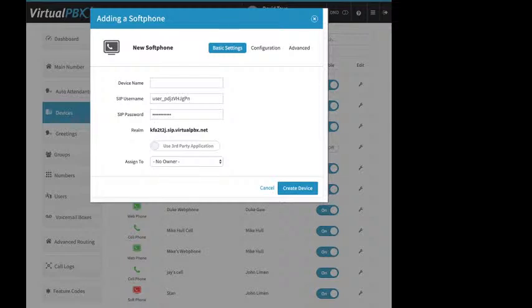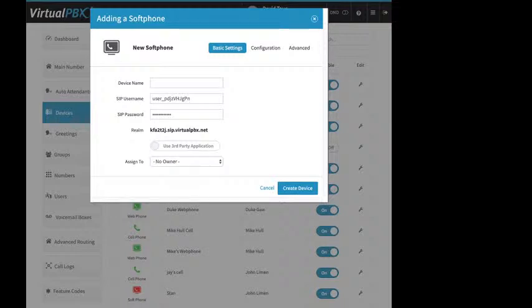if your physical VoIP phone didn't show up in that list under the SIP phones, you would use this to program that device. So you would give it a name. You would copy and paste the SIP username. If you click on the SIP password box, you'll reveal the password, so then you can copy and paste this. And then you would also need your account realm. Those three pieces of information are needed to program that third-party soft phone, or that other VoIP device, so that you can make and receive calls from that device. Then you would assign it to a person, and then you would click on Create Device,